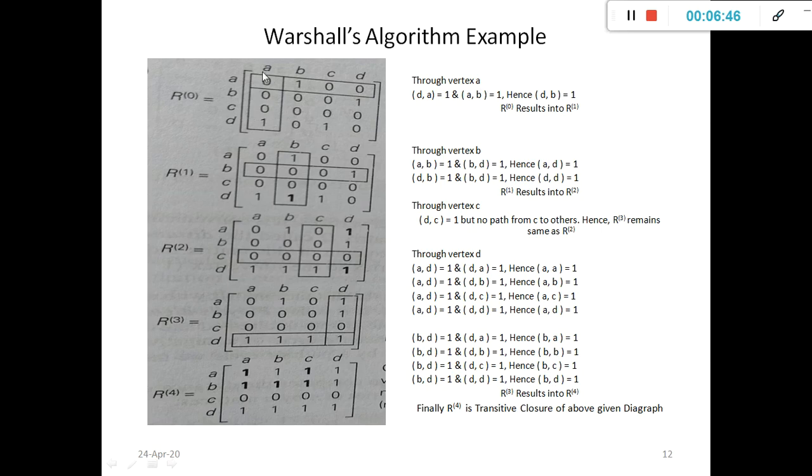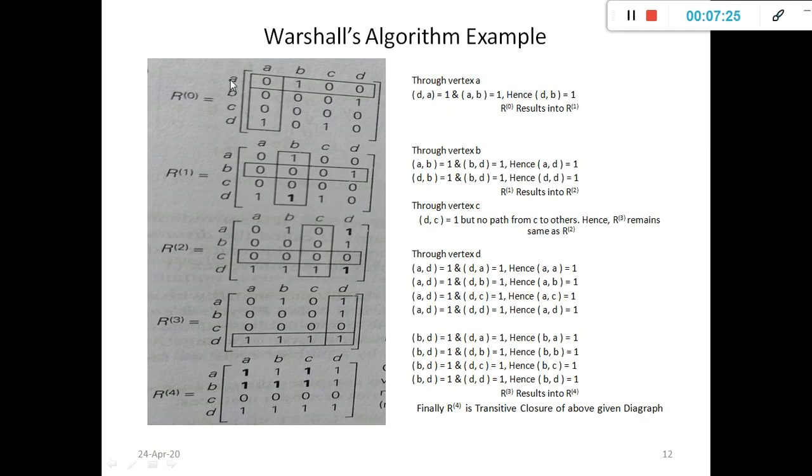From this, now we want to find all the possible paths through the vertex A. That's why you have to consider the first column and first row, which are connected through the vertex A. From this first column, you have to identify where a direct path is possible: A to A is 0, B to A is 0, C to A is 0, but when it comes to D to A, a path exists as a 1. That's why we consider D to A equal to 1.